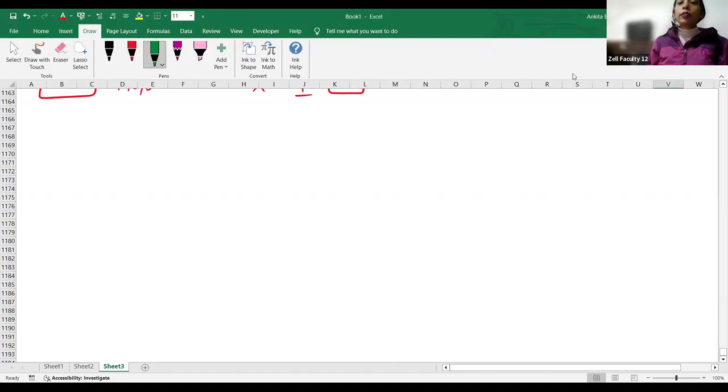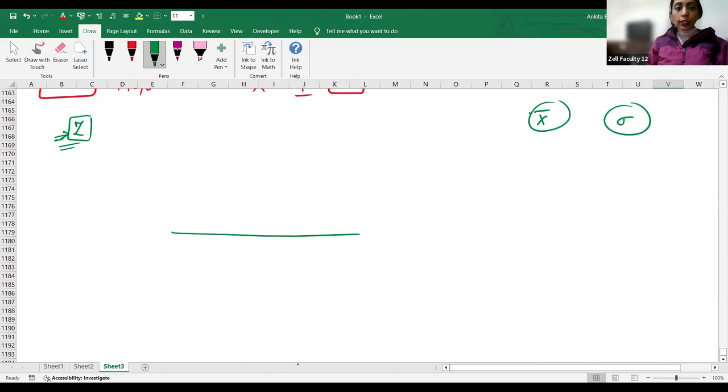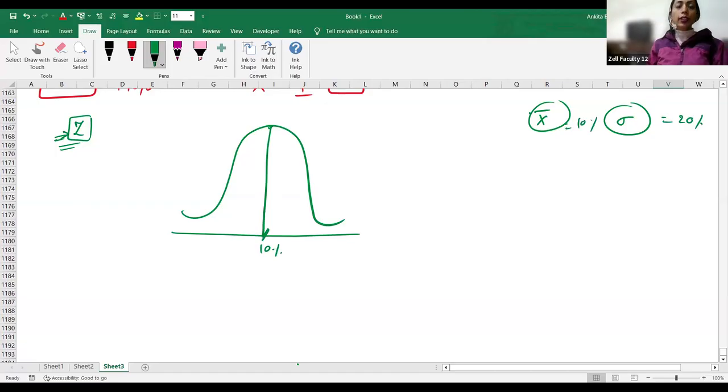Suppose you do not have the value of Z. Why do you not have the value of Z? Because you have your mean and you have your standard deviation. So for example, if I draw a normal curve here, the mean of my distribution is 10% and the standard deviation is 20%. Okay. Now I want to check the probability